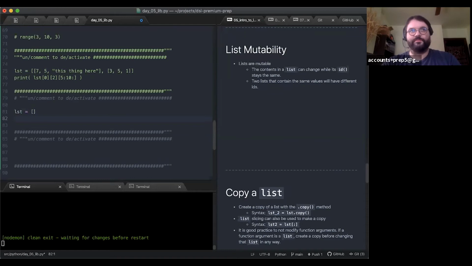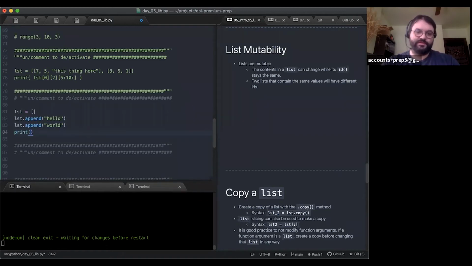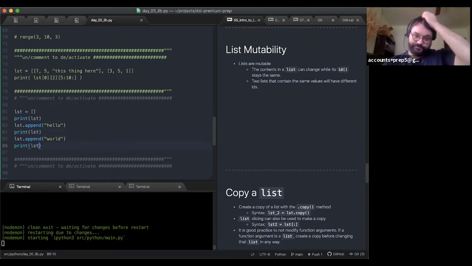And append, like the name suggests, will append a value onto a list. So I'll say list dot append hello. And if I want to append something else, I'll say list dot append world. And I'll print list at every stage. I'll print it after I create it when it's empty, then when I add hello, and then when I add world.